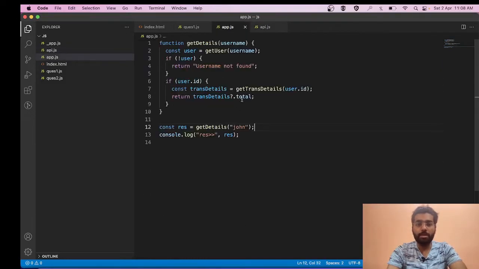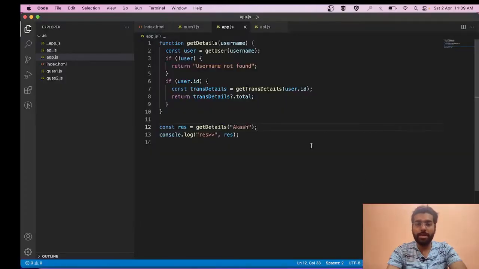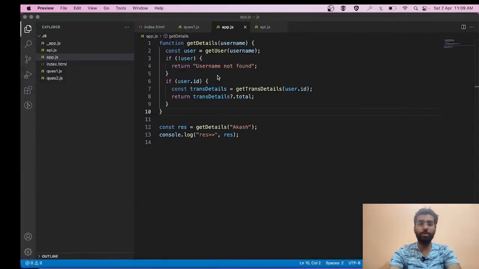Now let's try passing something that doesn't exist. Okay, so we have got username not found. So as you can see, our entire test cases we have passed successfully. This is the overall code that you can provide for the same question. As you can see over here, all my test cases were passed, and the same code I have also written over here. The only difference would be the keys, and that you have to actually hit the original API using Axios. So this was question number 1 that we have completed successfully.